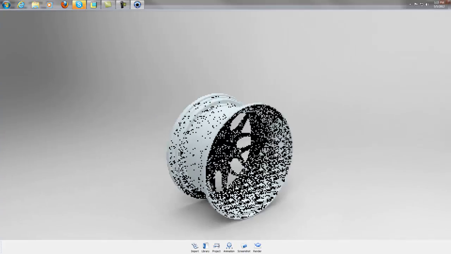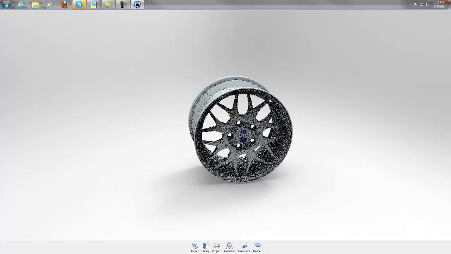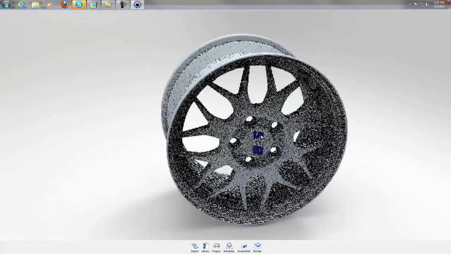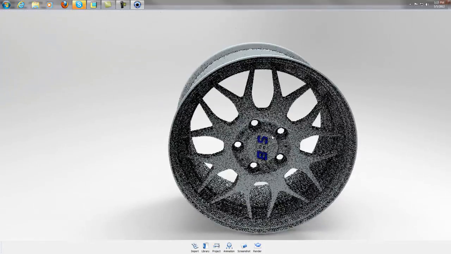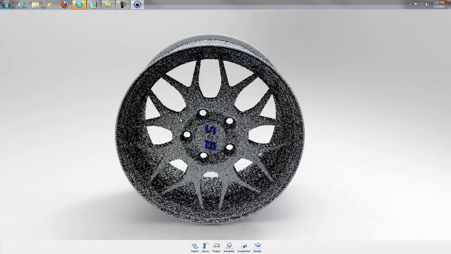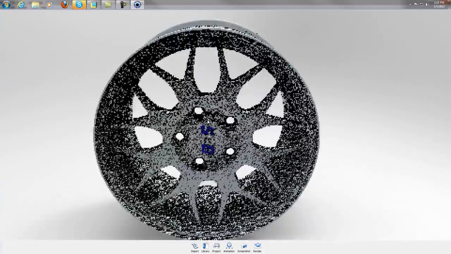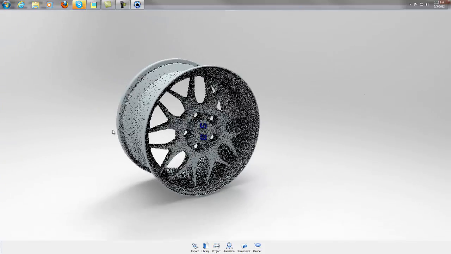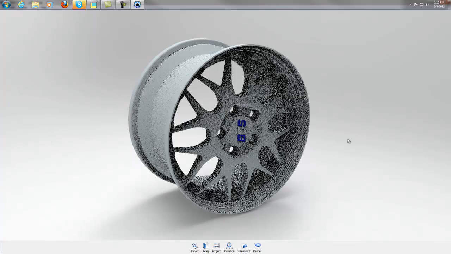So I've imported my rim, and panning and moving around essentially works just like CAD. If you hold left click, it'll rotate around. If you hold middle click, it'll pan. If you scroll with your scroll button, it'll scroll in and out. So this is basically the default scene when you get into